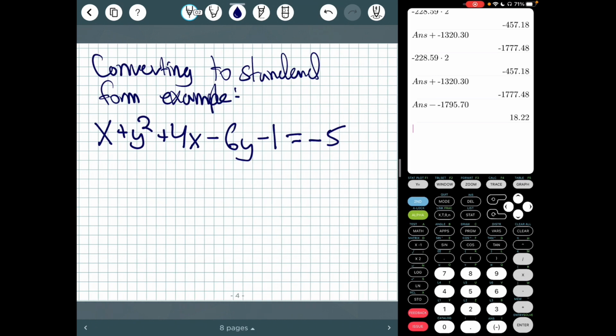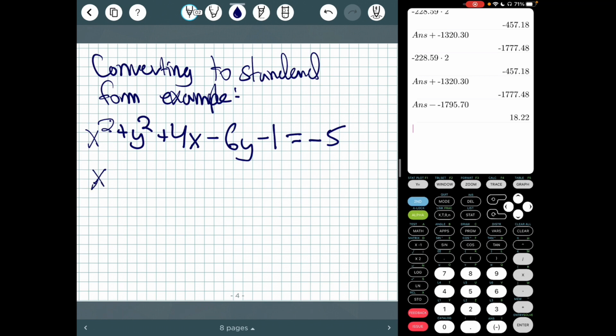Okay, so now let's try and convert to the standard form. We won't always be given the standard form, and we may need to convert it. To convert it, we need to use this method called completing the square. Basically what we have to do first is put together the x's and the y's. So we have x squared